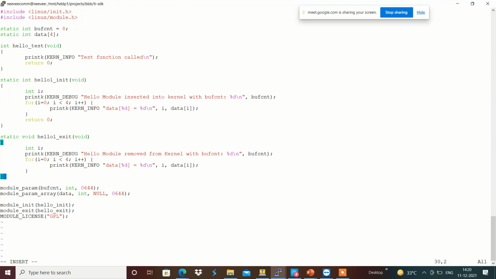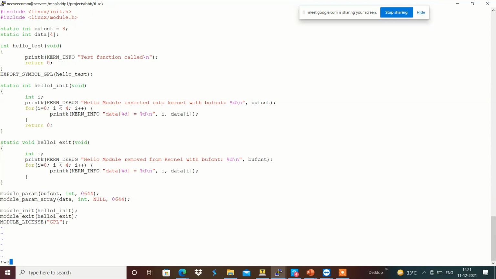And I am going to use hello1_exit, and use the symbol EXPORT_SYMBOL_GPL of hello_test over here.